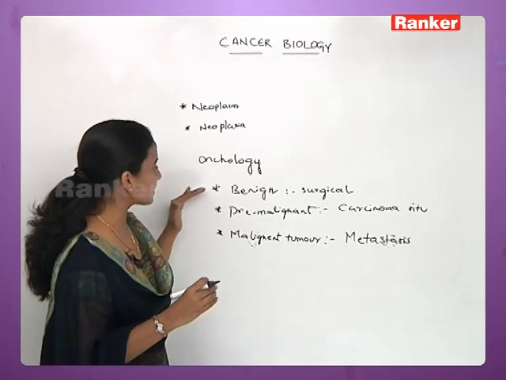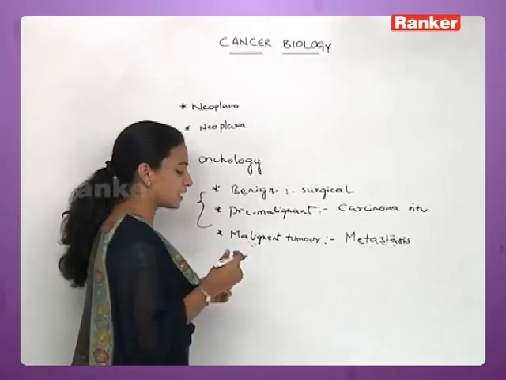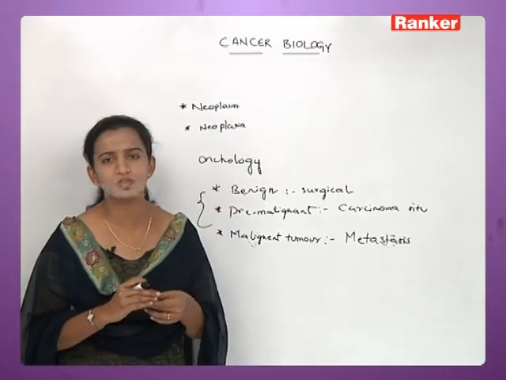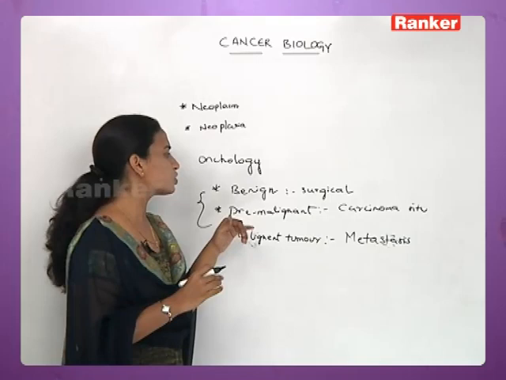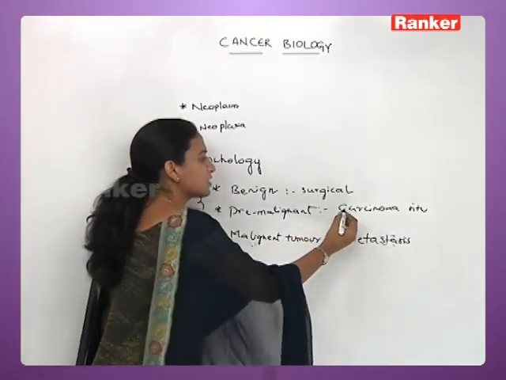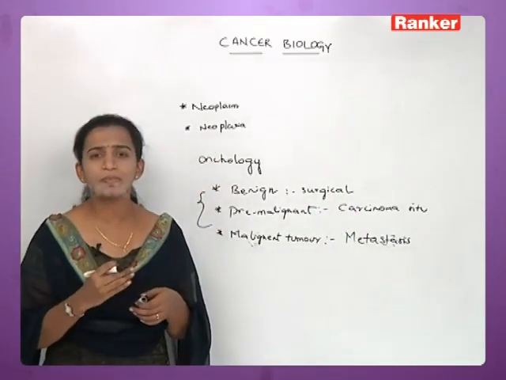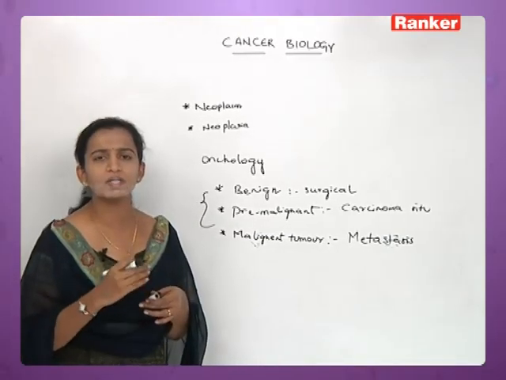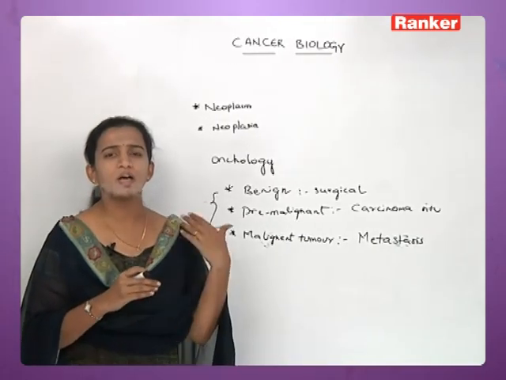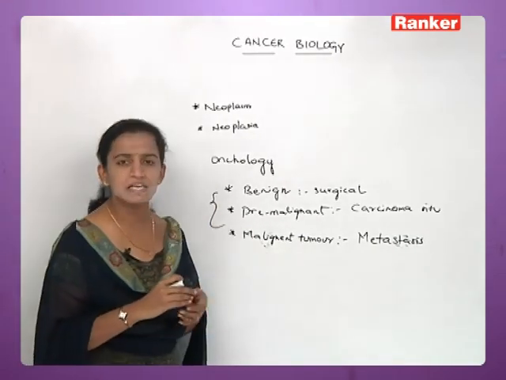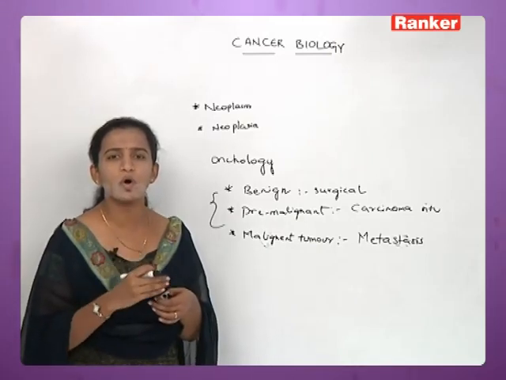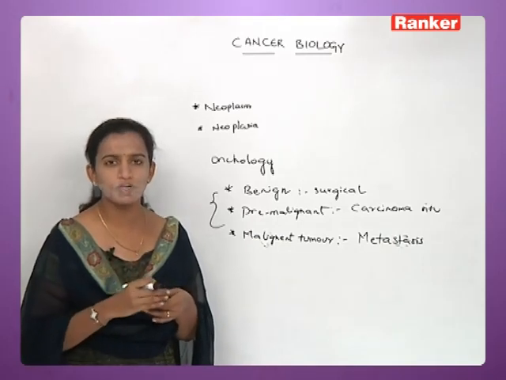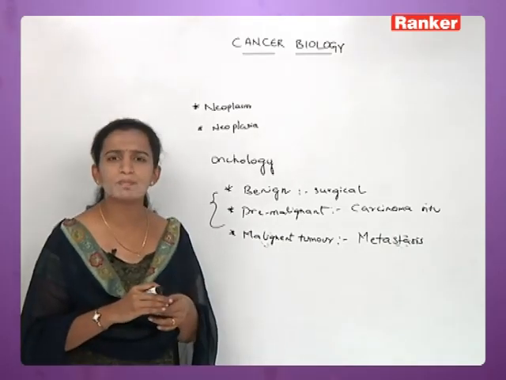So there are three types of tumors present: benign, pre-malignant and malignant. Coming to benign tumors, they are surgically removable and do not spread all over the body. Coming to the pre-malignant tumor, it is also called carcinoma in situ. That means with the prolonged period, the expression will come out. Whereas the malignant tumor undergoes a process called metastasis. If a cancer is in the malignant stage, then it is sure that it is spreading all over the body. That means it cannot be stopped; it has completely spread all over the body. Here you can take blood cancer as an example.